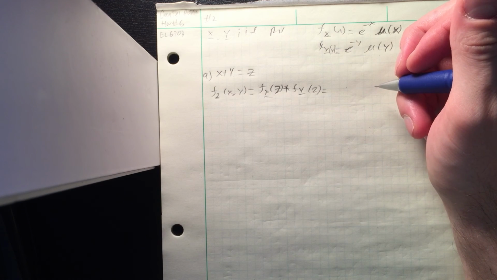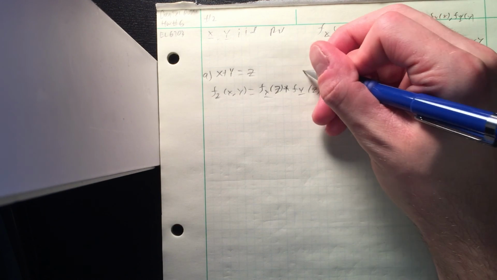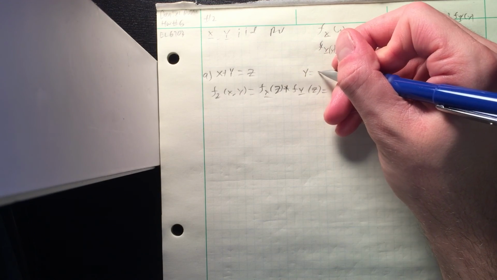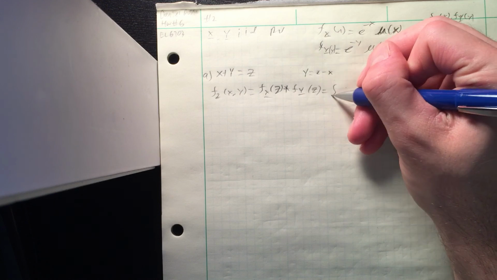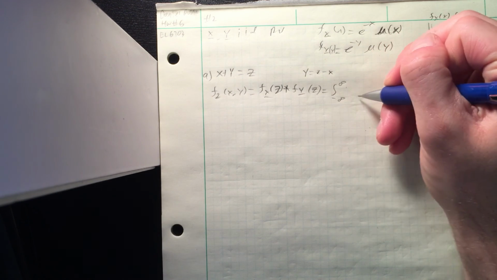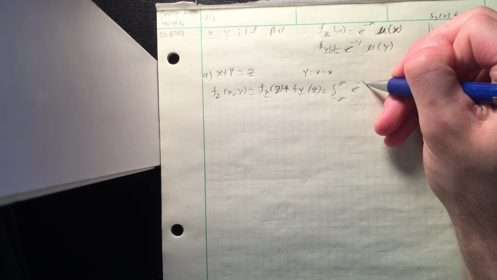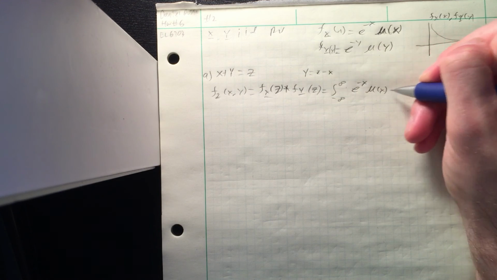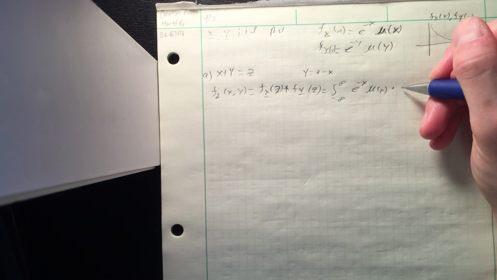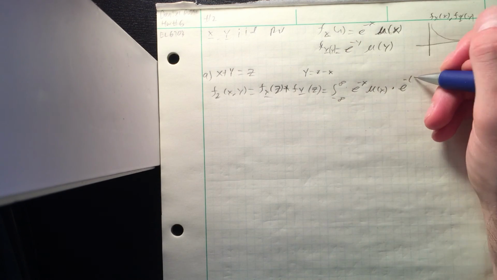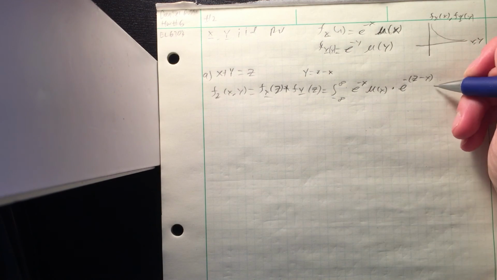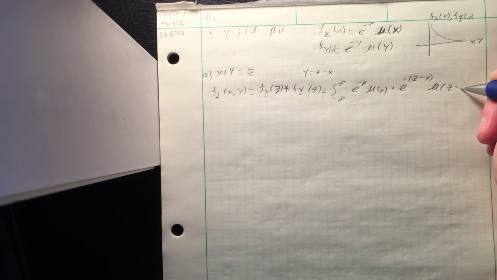Think of y as equaling z minus x. So from negative infinity to infinity of e to the negative x u of x, multiplied by e to the negative, now would be y, but we can sub in here z minus x, u of z minus x,